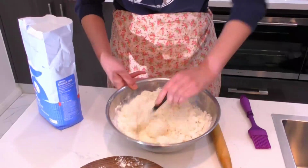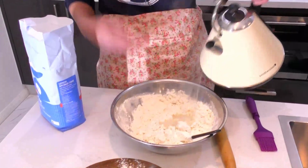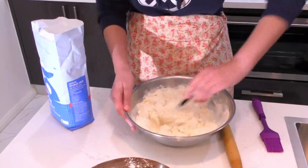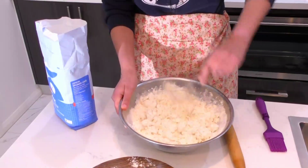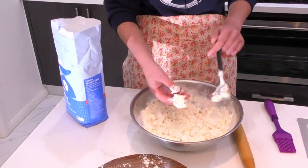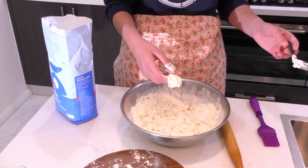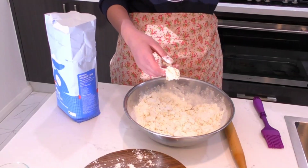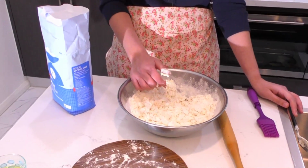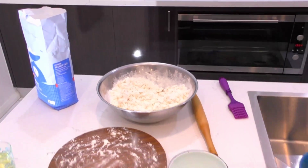So you want to really mix it in. I think I'm going to need more water because this didn't quite work out. A little bit more water. If you want a rough guide, maybe a cup, maybe half a cup, depending on how much flour you have. Now that it's a little more sticky, now the fun part begins. Mix it a little bit, and then